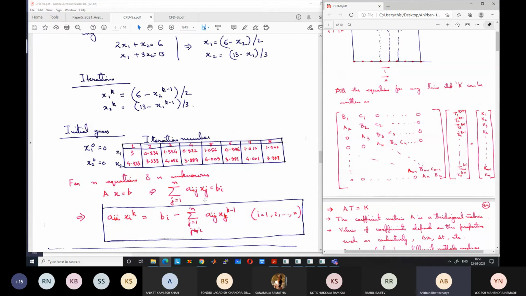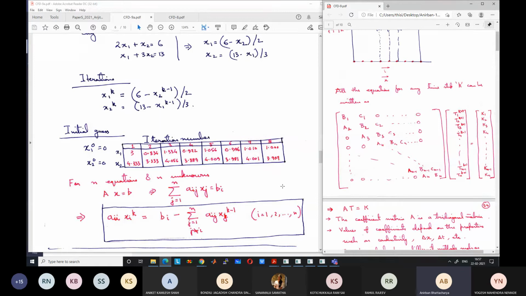Is it clear to everyone? And in each of these n equations, I will have n summation terms on the left hand side. Or is there any confusion? Same as this matrix. Summation of Aij xj for j equal to 1 to n is equal to bi, where i varies from 1 to n. So n equations and n unknowns.